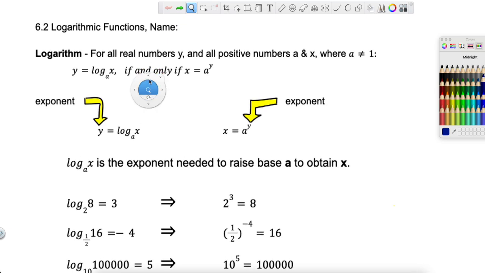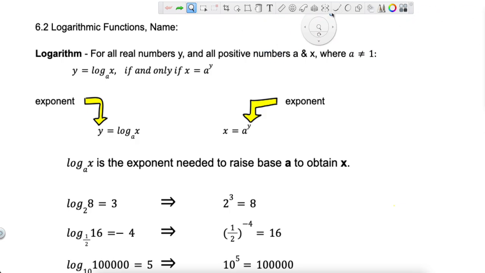And so a logarithm is another way that we can write equations with exponents in it. And so we have our definition right here. For all real numbers y, all positive numbers a and x, where a cannot be 1, y equals log base a of x. And so the way that we can rewrite this in terms of y is write it as x,